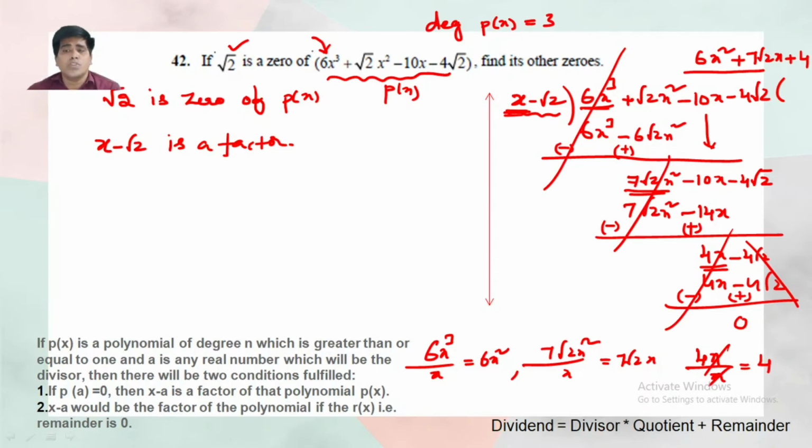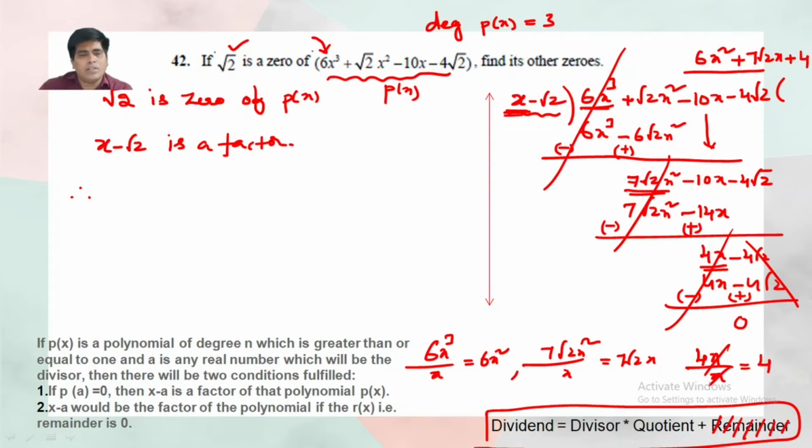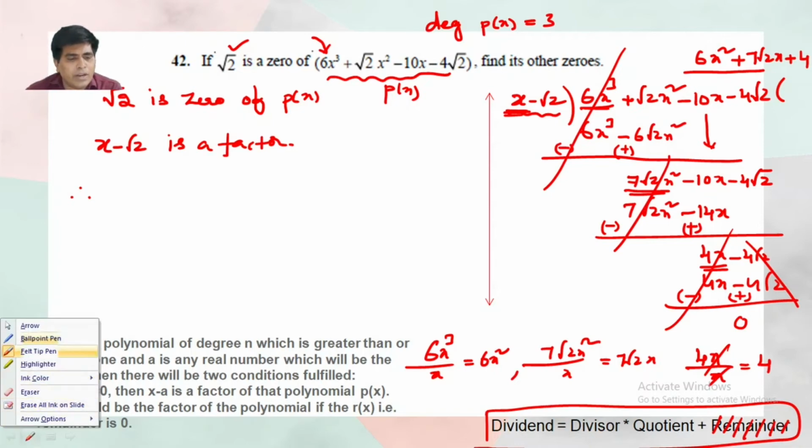We got the quotient. So what is the quotient we have? Therefore, dividend is equal to divisor into quotient plus remainder. In this, anyhow, remainder is 0. So there is no use of remainder here. So dividend is equal to, what is the dividend? The middle part of the expression. The dividend is equal to,